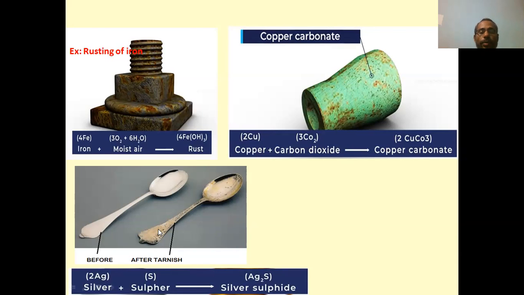Similarly, like your silver that got a tarnish, right? When it is exposed to the atmosphere, silver combines with sulfur, right? Sulfur basically comes from the hydrogen sulfide gas in its surroundings, then gives rise to the formation of silver sulfide over the surface, and that makes the article or material tarnish.